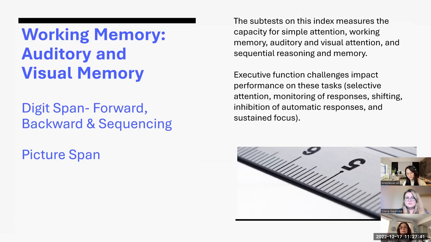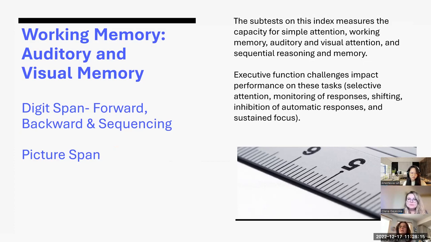The second part of this subtest is called DigitSpan Backwards. Here the student is provided with a series of numbers, and then they have to take that series, resequence it, and provide the sequence in backwards order. For example, if I say 2, 1, they have to say 1, 2. And it becomes increasingly more challenging. Then there are 3 digits, 5, 2, 3, to 3, 2, 5, and the number of digits provided does increase.